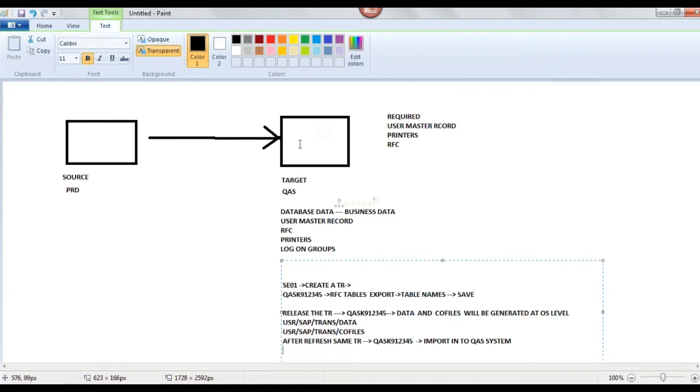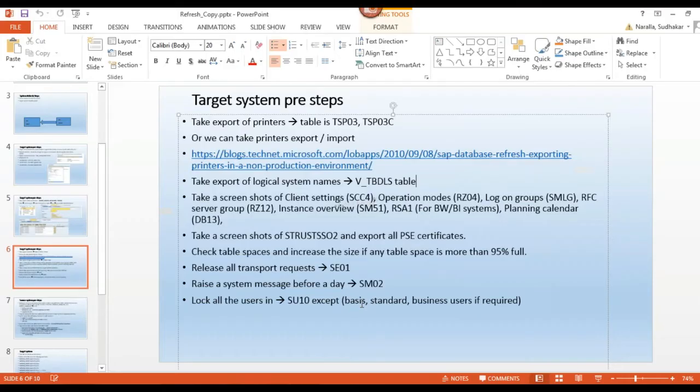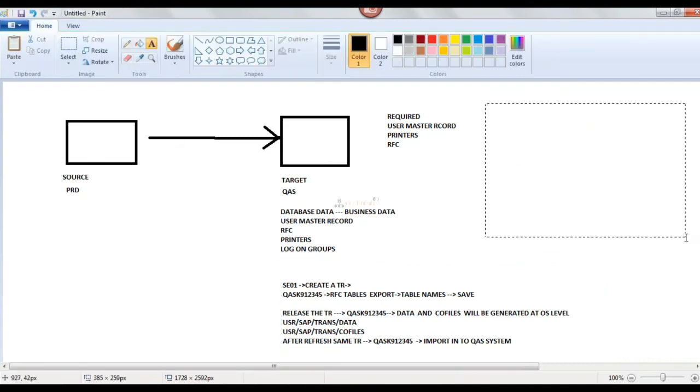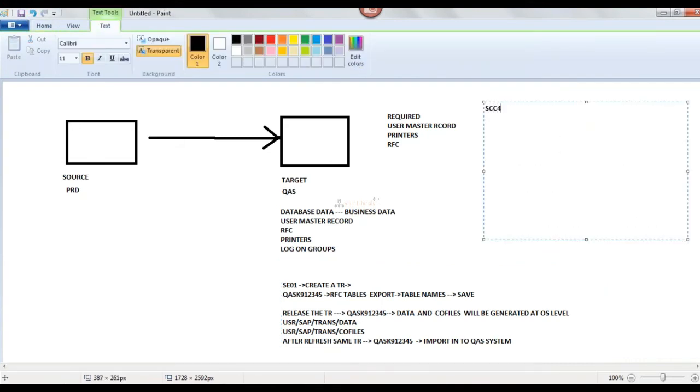After that, in quality system, this is my target. In quality system, before refresh, I need to take some T-code screenshots. What are the screenshots? First of all, SCC4, means client settings. How my quality system client settings are. First point is client settings.